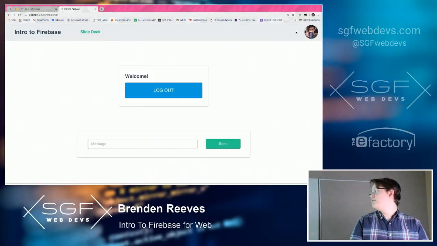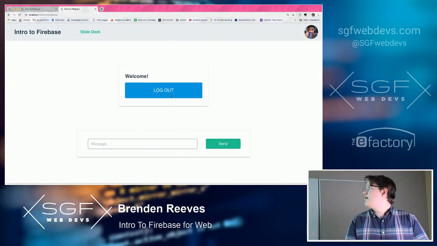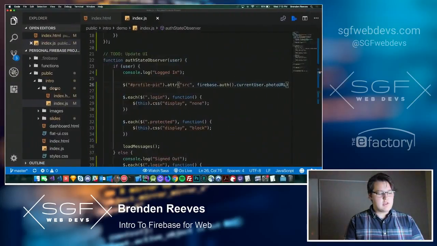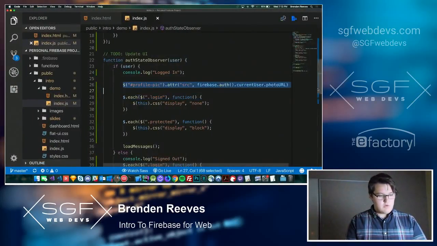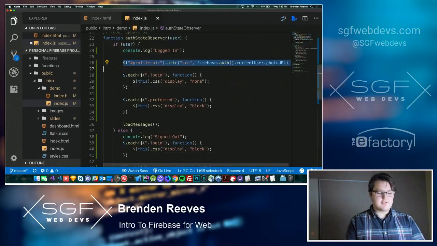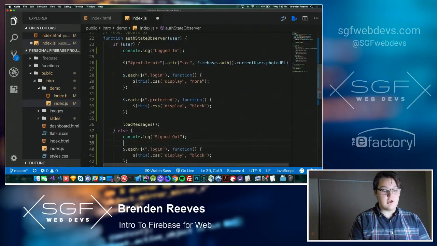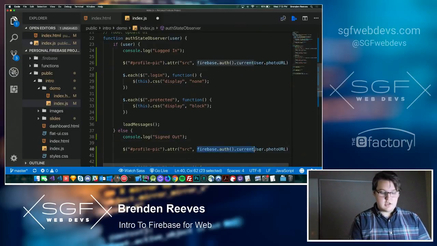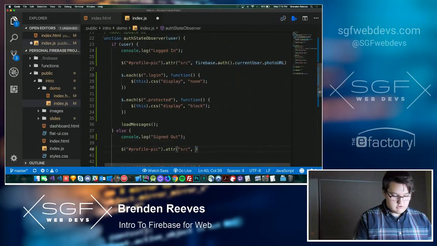There we go. And when I log out, I haven't changed it. So now, when they log out, we don't want them to have their profile picture still there. So we want them to actually know that they're gone. So we can just change this. In my project, I have a file called